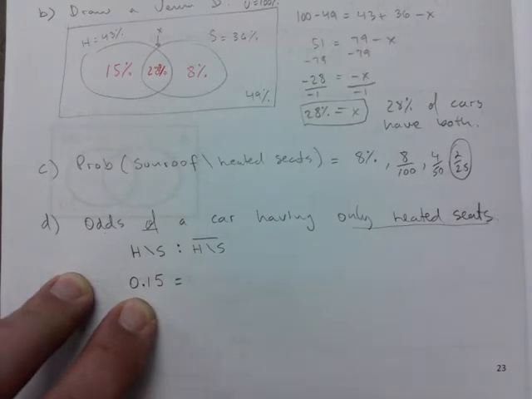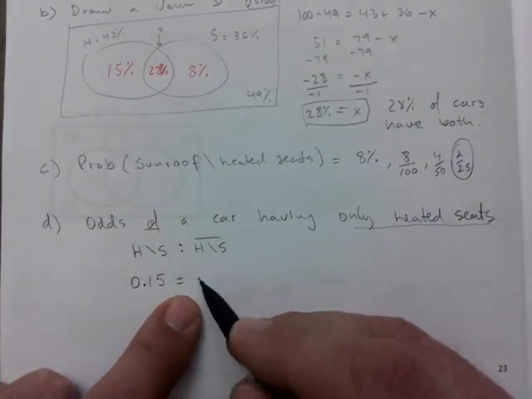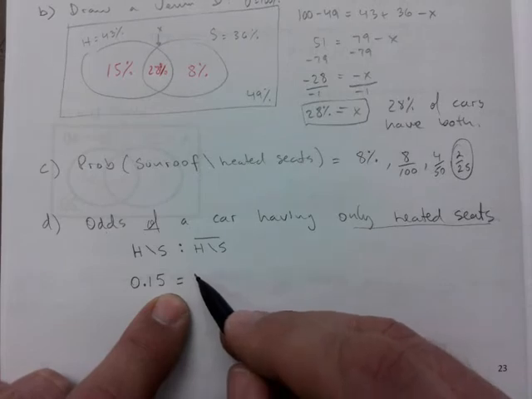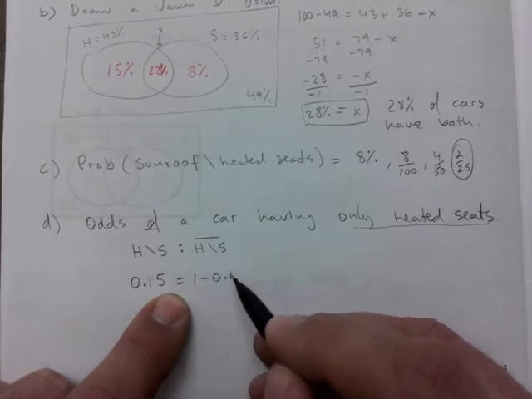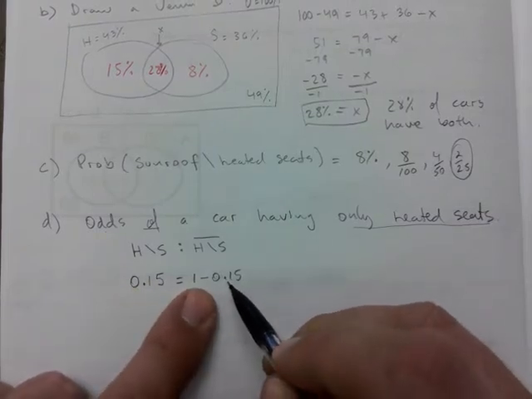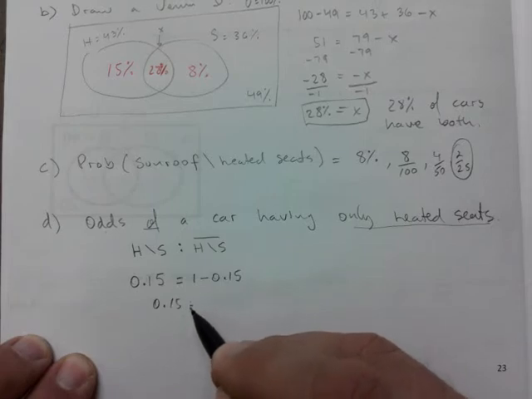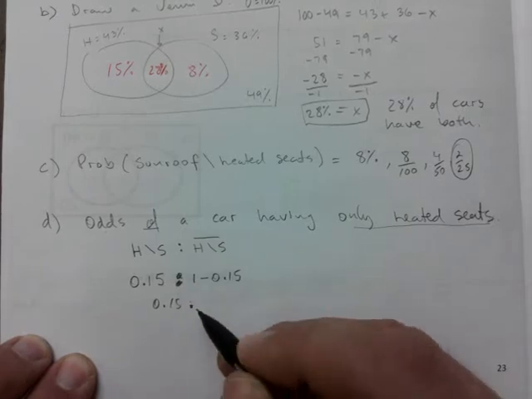That's 15%. And on the other side, you can have whatever's remaining, which is really 1 minus 0.15, right? So 15% here, so the other side must be not. So that's 0.15, not equals, sorry, that should be a colon there,